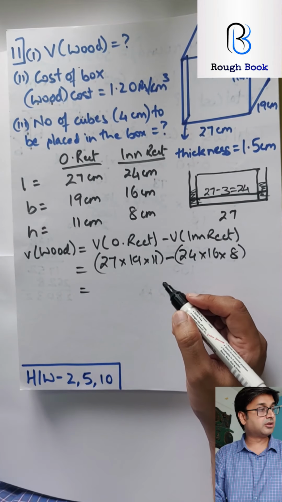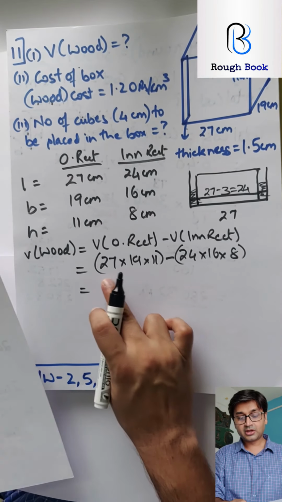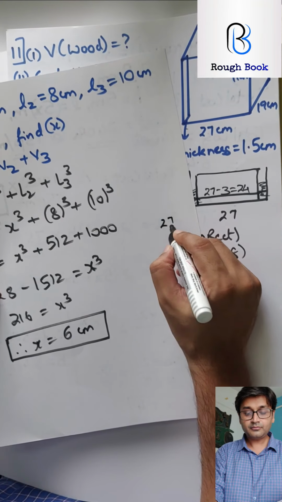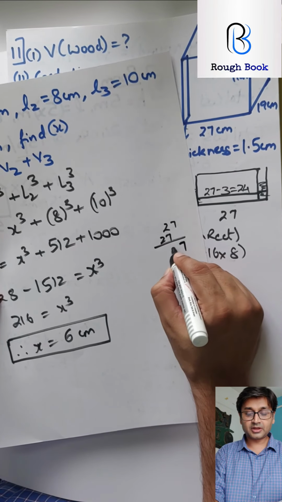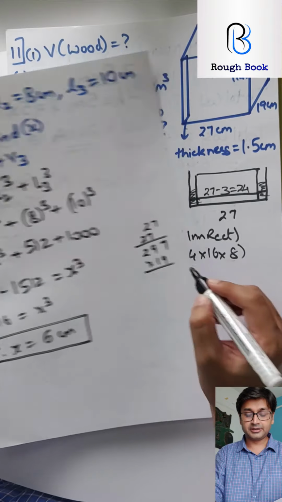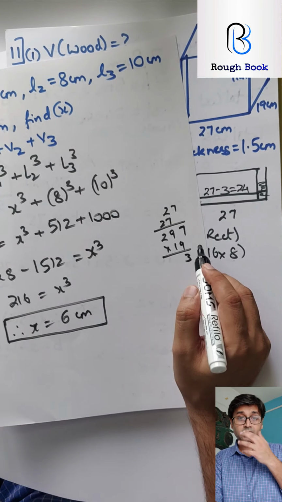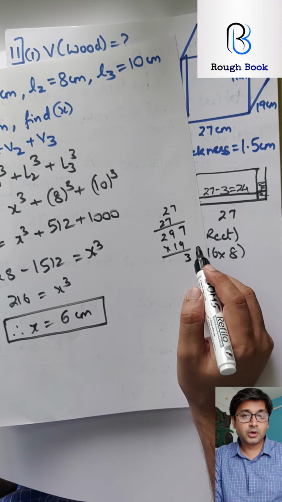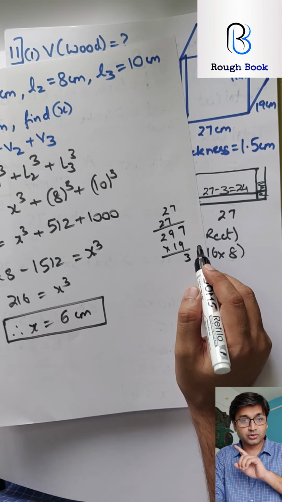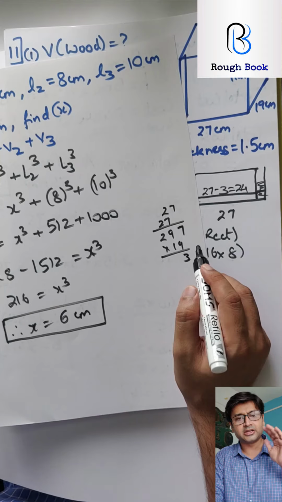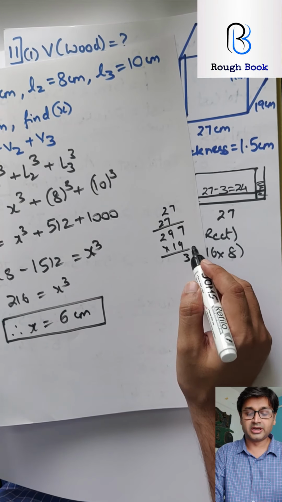Now we'll have to multiply all this, so I'm just taking a random sheet. 27 into 11. So that will be 297 into 19. This one. So 9 sevens are 63. You must multiply all this. If you do not do that, you will not get a good practice. So please pause. Don't cheat. Try on your own. Come back. Take your time. Doesn't matter. We are not going to go anywhere.